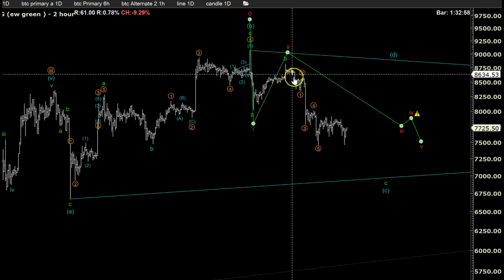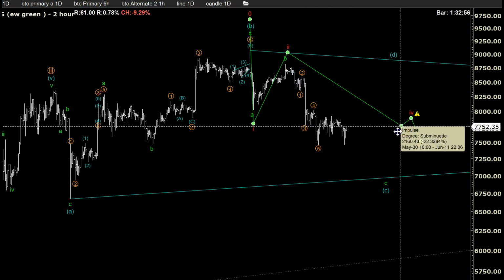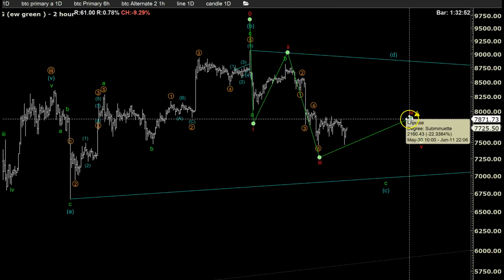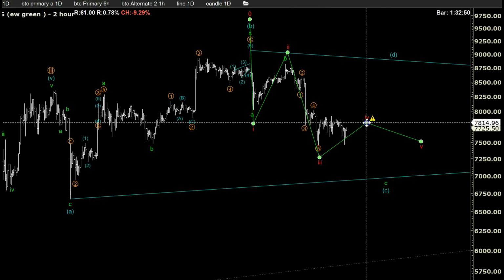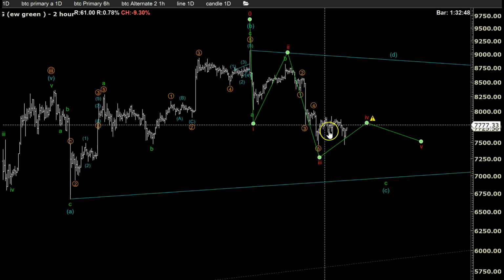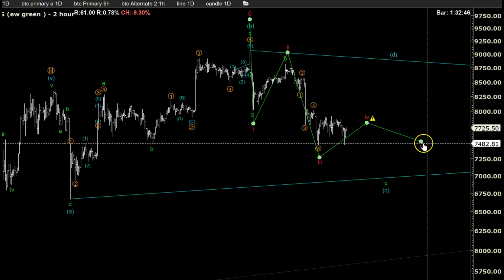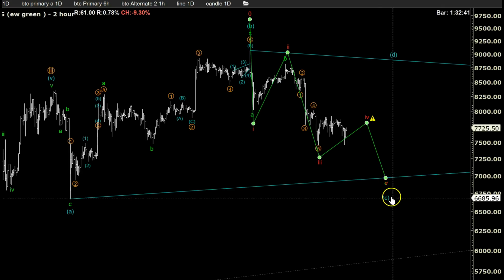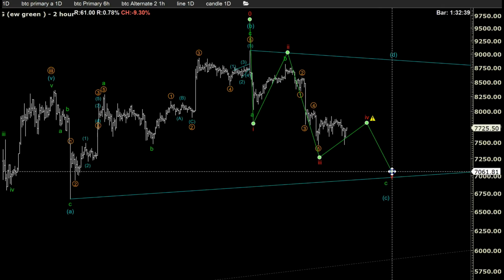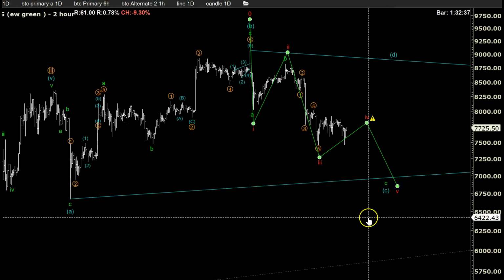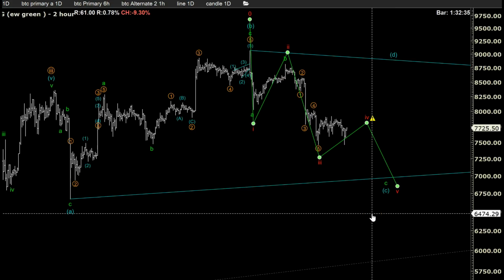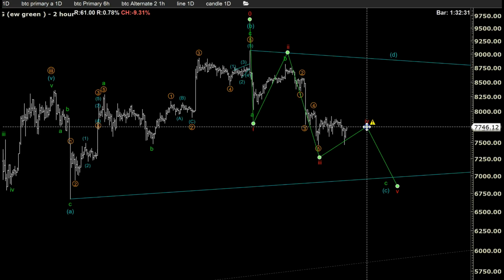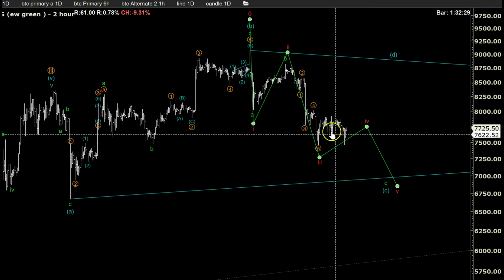Okay, and now we have wave 3 down because it's a 5-wave move, right? So it's 1, 2, 3, and now we're doing a 4-wave, which is developing here as a triangle. A, B, C, D, E, and then we pull down and make the 5th wave right here somewhere. Okay, so this wave has to be a little bit lower because